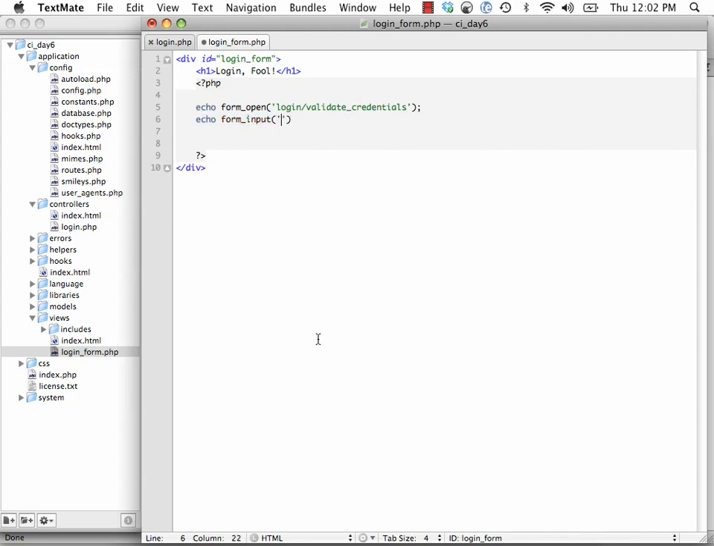Okay. Next, let's echo a form input, and this will be the name and the value respectively. So the name will be username, and the value will be username. The next one is going to be the password, and the value password. Okay, the next one, and I'm sorry, that shouldn't be an input, that should be a form password, right? Input type equals password. And then finally, let's create a form submit button, and it'll be the name of submit, and the value is going to be